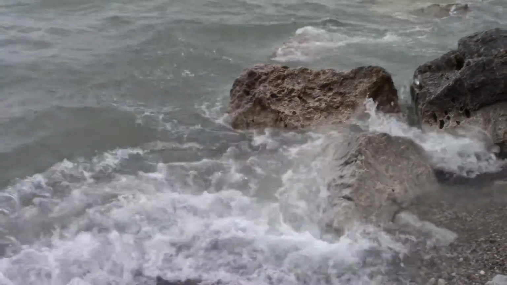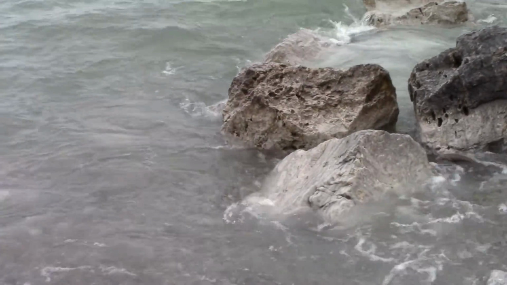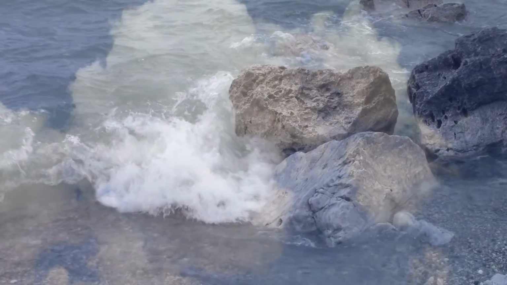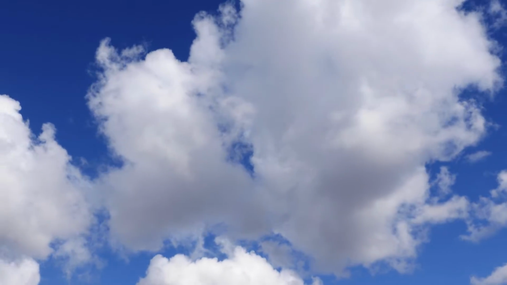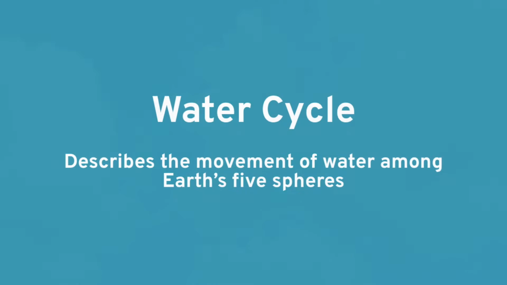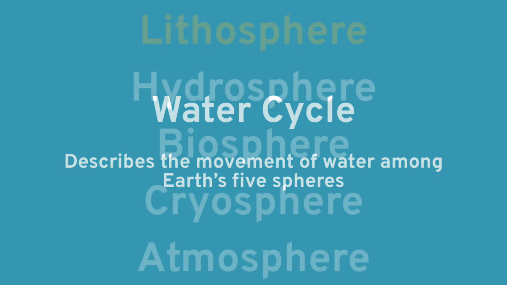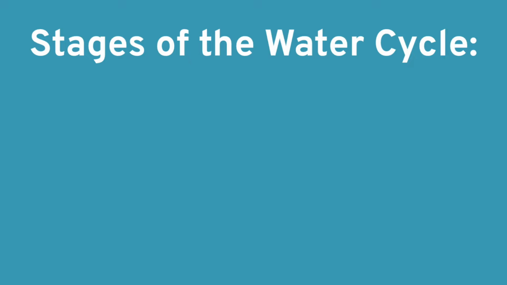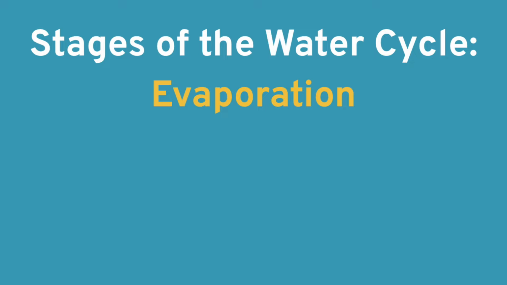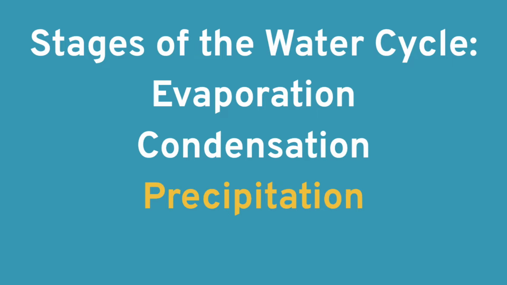Water falls from the sky. You drink it, you swim in it, water is everywhere. This substance is crucial to supporting life on Earth and plays an important role in Earth's atmosphere. The term water cycle is used to describe the movement of water among Earth's 5 spheres: the lithosphere, hydrosphere, biosphere, cryosphere, and atmosphere. This cycle involves various steps, but the 4 main stages water circles through are evaporation, condensation, precipitation,